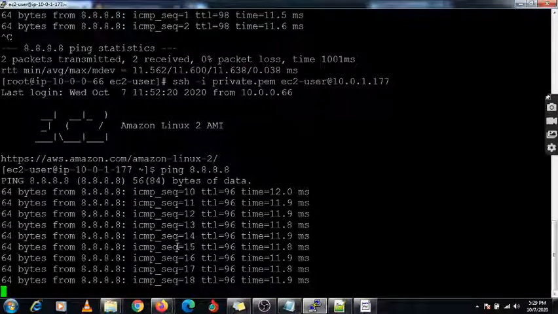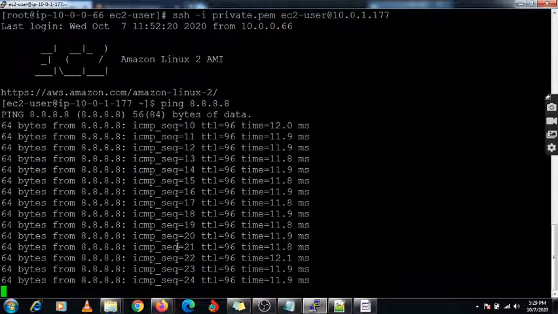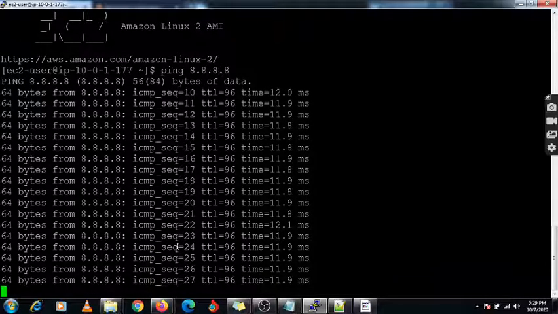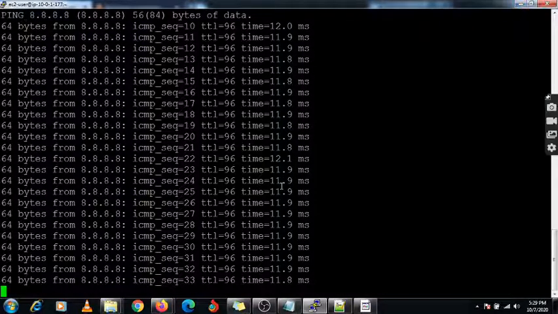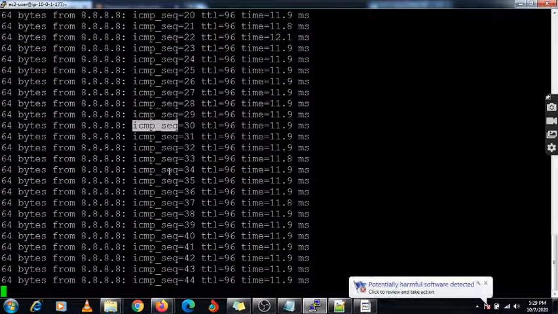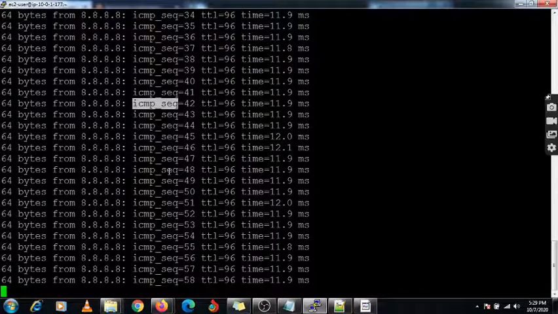So this is the method by which we can use a NAT gateway to connect our private subnet servers to the internet. You can use this method and apply it in your organizations while adopting the NAT gateway. This service is more secure when we are using a NAT gateway. Some more features are available under this NAT gateway and it provides more security. There are also some other options provided by AWS, that is the VPC endpoint and the NAT instance. These two other methods we can also see.